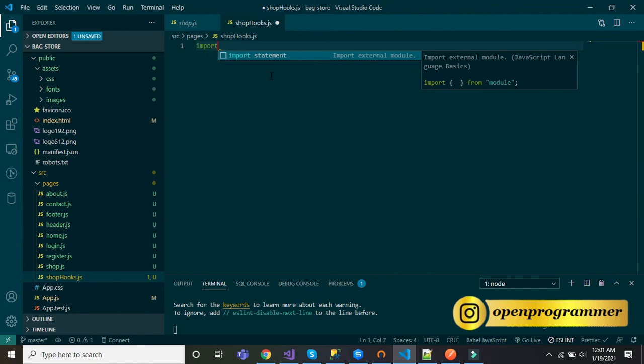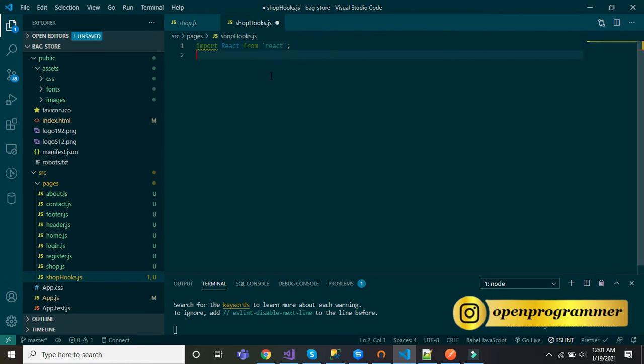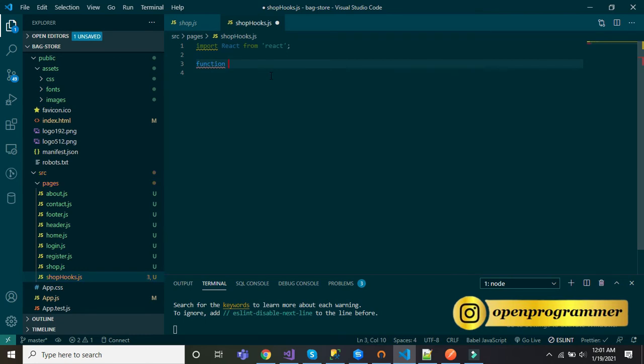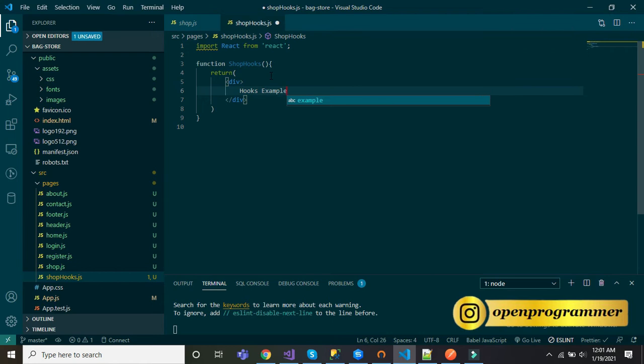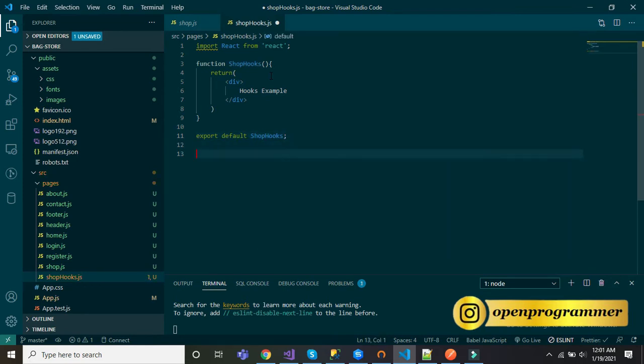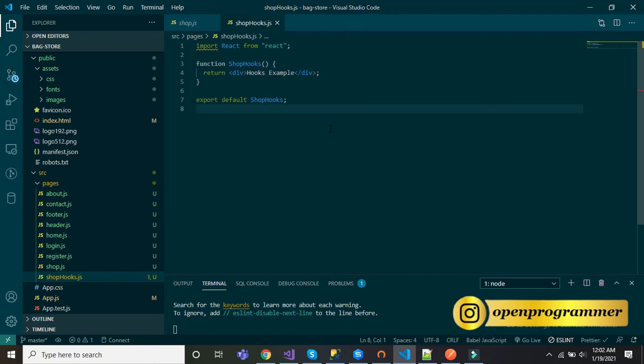First import React from React, and function ShopHooks, return hooks example. Finally export default ShopHooks. So we are done with the component.